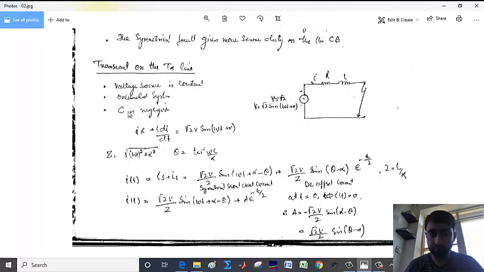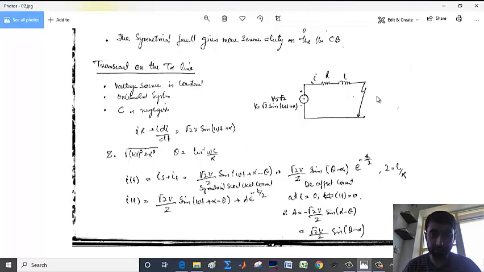So here we have assumed C to be negligible and the system is unloaded. There is no load at the time of the transient, at the time of the fault. First we are assuming that the system is unloaded, that means there is no load, there is no fault. And when the transient occurs, that means this point is connected to this. And when it's shown like this without a straight line, it means it's a fault, an undesirable condition.